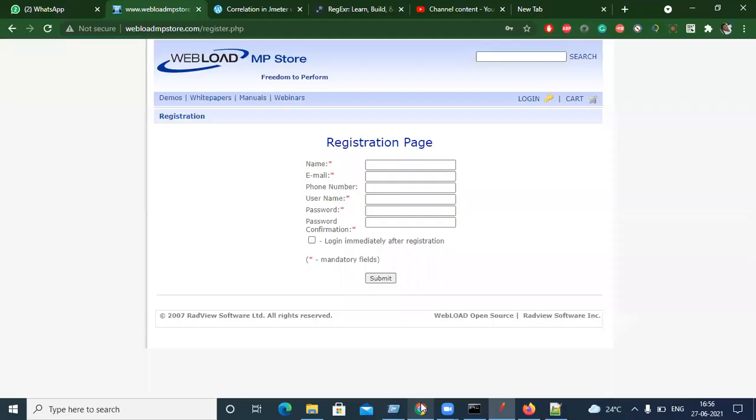If you do it one time, it will create one user, right? What if I don't have a registration page? In that second case, developers will create a user from the database. Generally, if you don't have a registration page, they will create the user. They will have all the data about the credentials, user ID, password, everything.